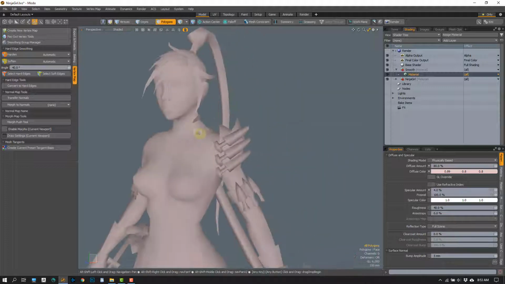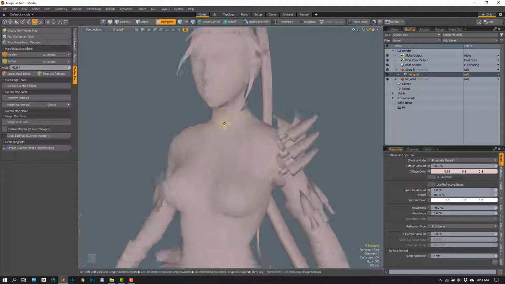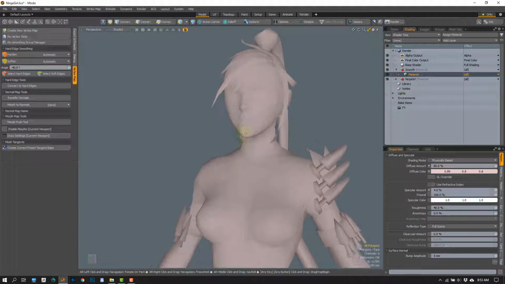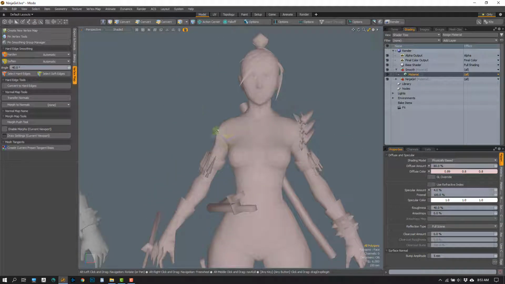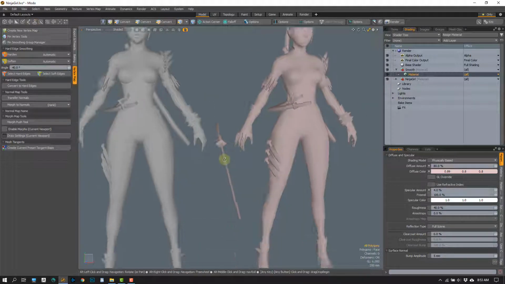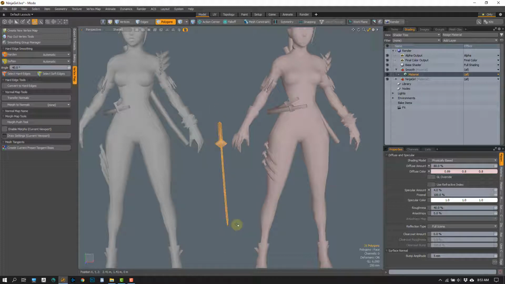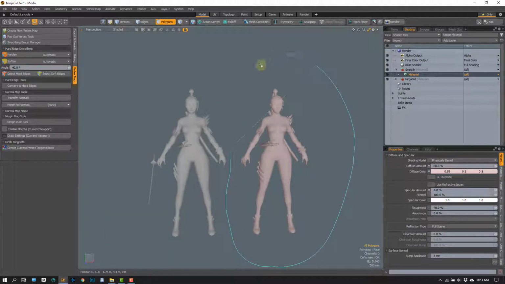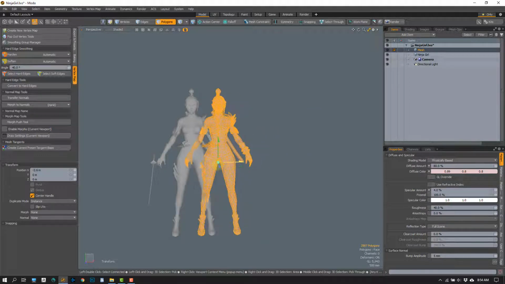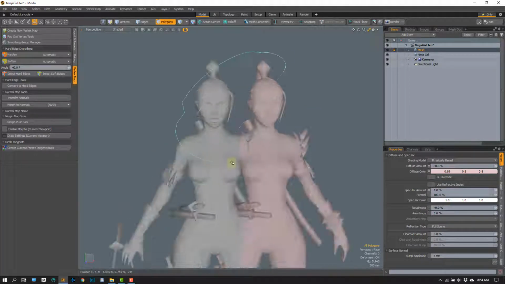So if I look at the normal one, let's turn the wireframe on and look at her face. She has a relatively low polygon count everywhere. Turn the shading off and let's look at this one and compare the two. Let's get her a little bit closer. We'll delete this sword. I have these in two different mesh items, so I should be able to bring these really close and select them